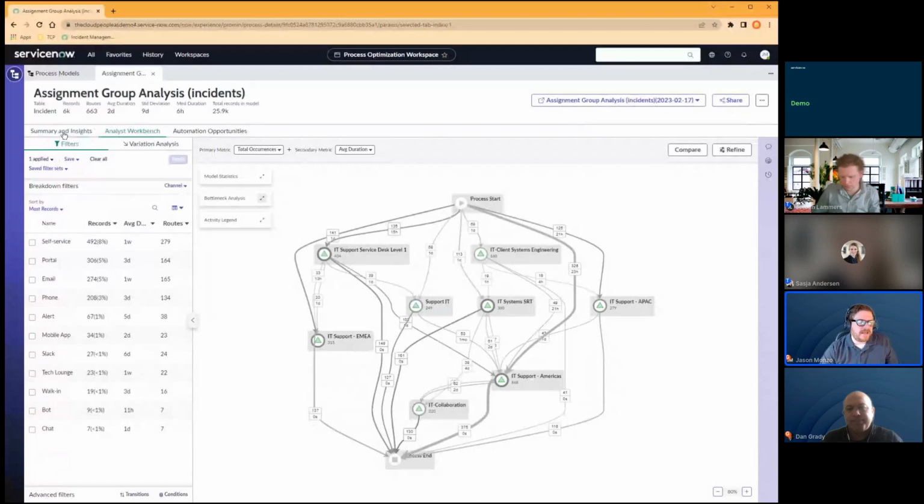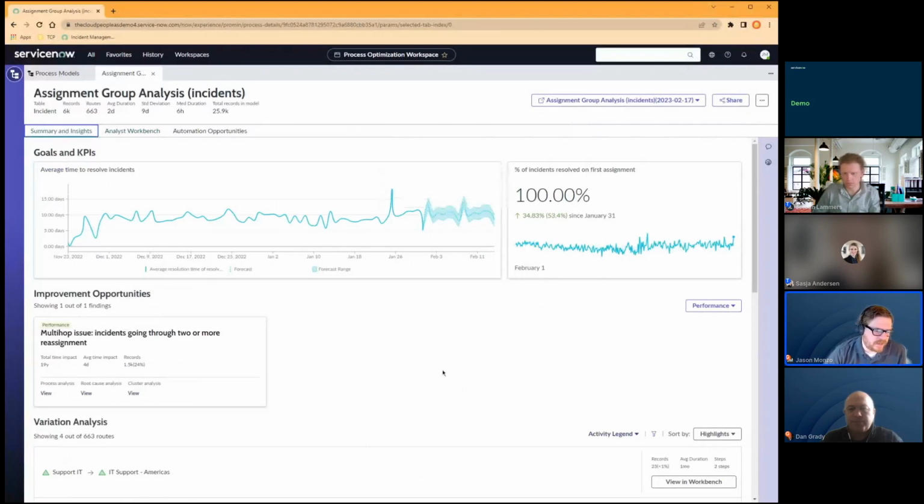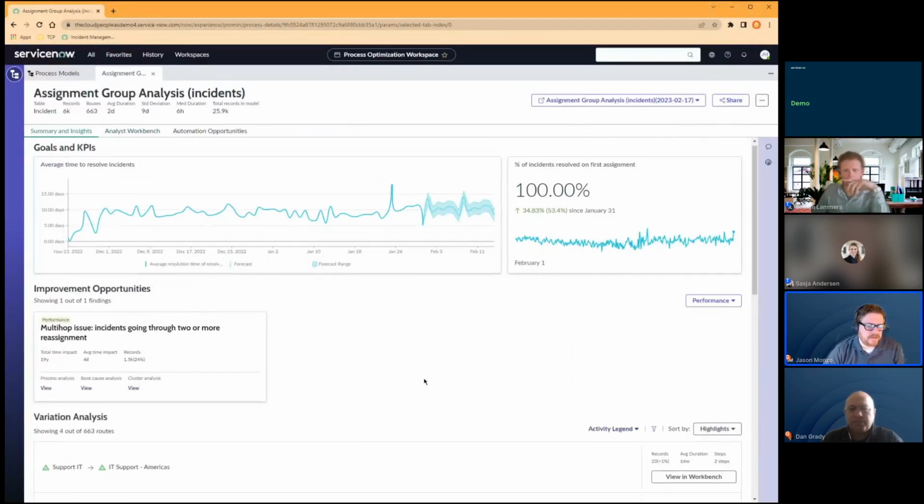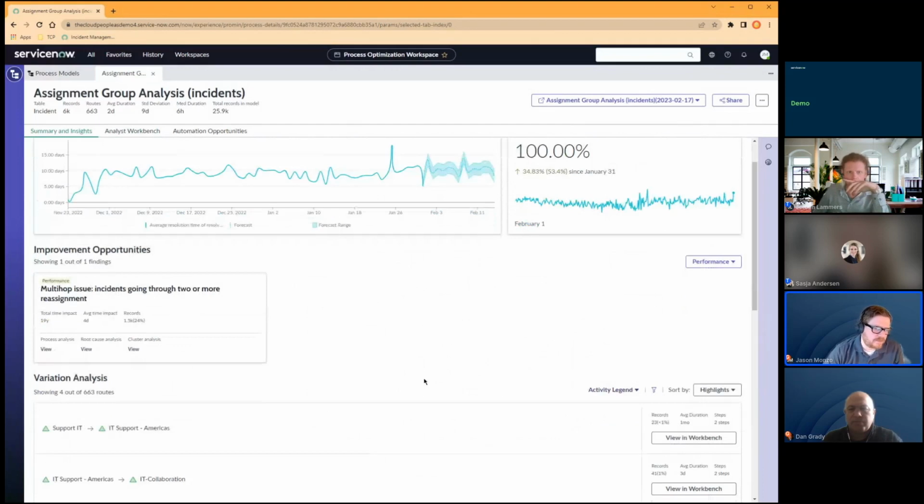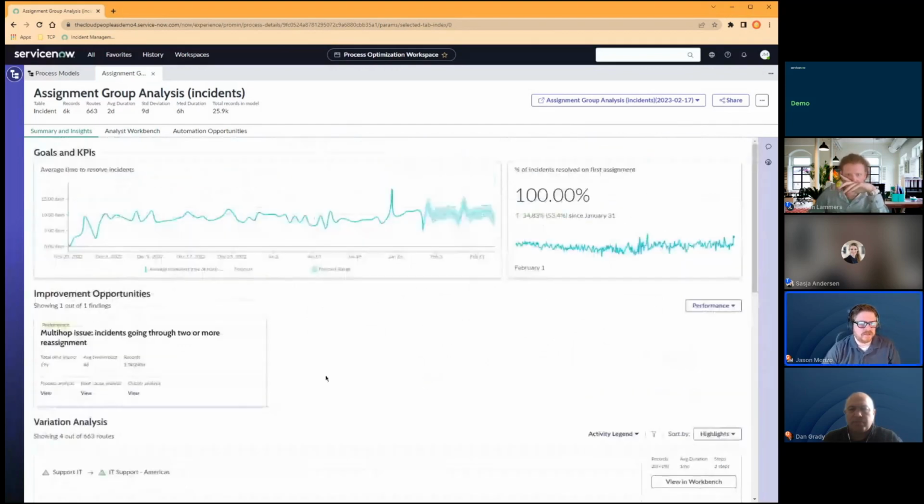Let's jump back again to our summary and insights, and let's see if we can find something where we can affect some change here and maybe make an improvement that's going to improve our average time to resolve incidents. So we were just looking at process analysis. There's also root cause analysis. So I'm going to open this up, and what this is going to do is